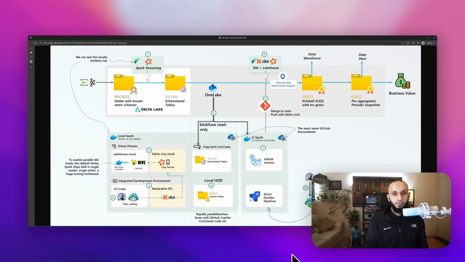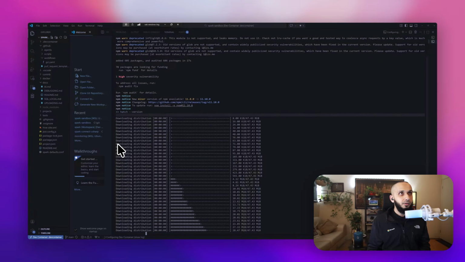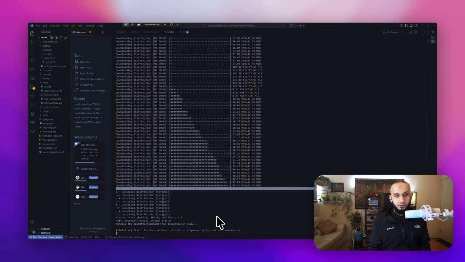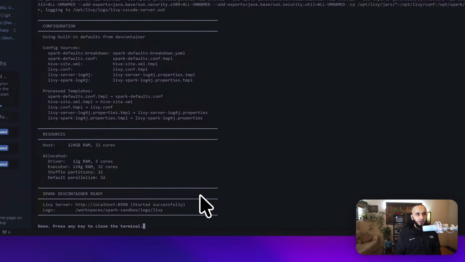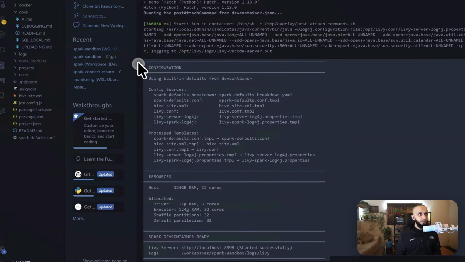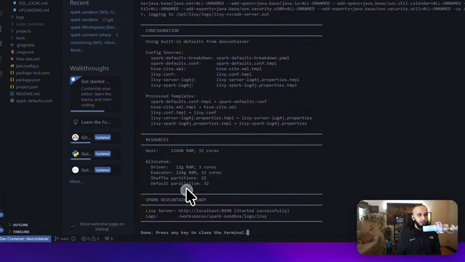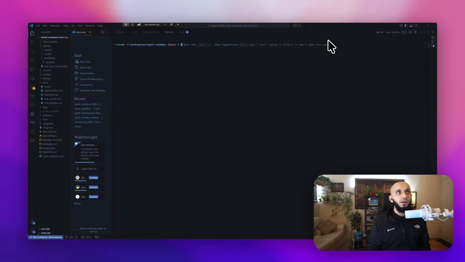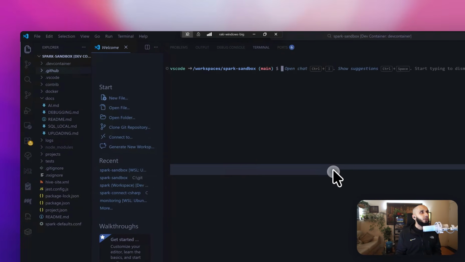and then hydrate the data that we're interested in. Okay, so now the dev container is up, and it uses Node.js as a package manager. That's not relevant, but basically we're just installing Hatch, making sure Python is all booted up and things like that. The dev container is ready. Now we see that Livy is up, and we can see that we're running Spark locally, and these are the kind of settings. Cool. So now we just need to run one command in order to run the entire development stack. So if we go